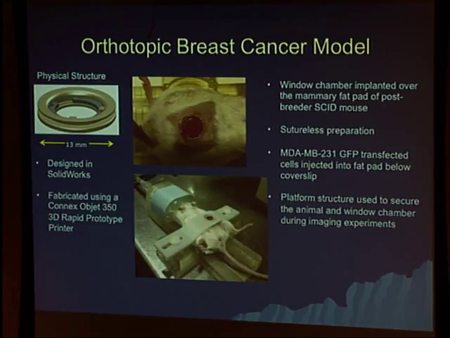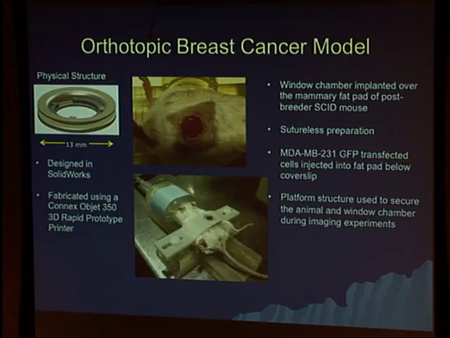So one other area that we've become very interested in is breast cancer. Wei Min and Rachel Schaefer in the BME program have been working on developing and utilizing a model for breast cancer. So this is a different model where we create a plastic structure that can be inserted over the mammary fat pad, and we can grow what's called an orthotopic tumor, one that's in its correct place.